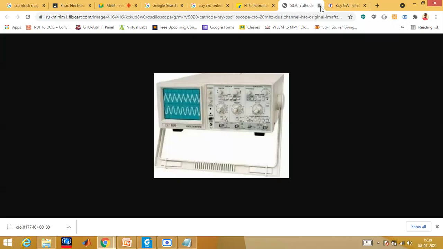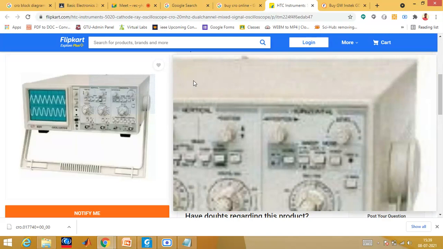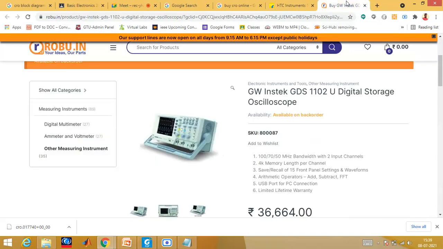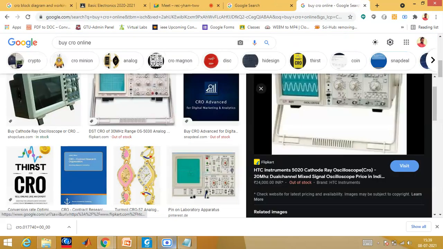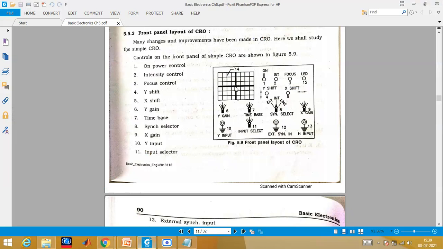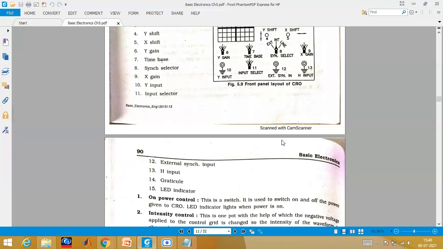This image is not coming clear. Otherwise, from the lab I'll click the image and send it to your WhatsApp group, and you can watch. For the time being, you must understand the signals already mentioned, but you cannot visualize them correctly, so I will take an image and upload it in the WhatsApp group. Later you can see how it practically looks.